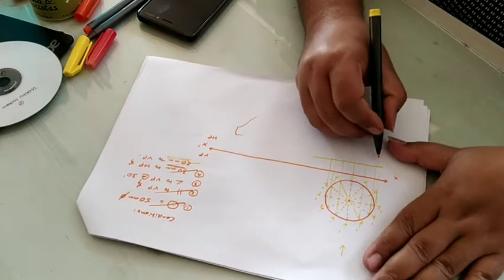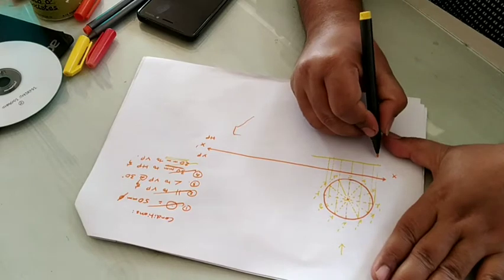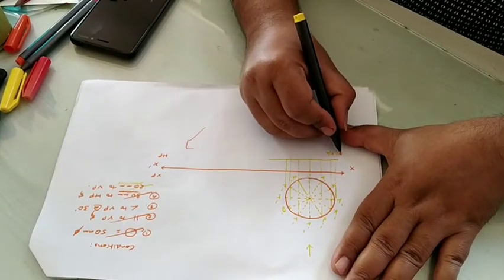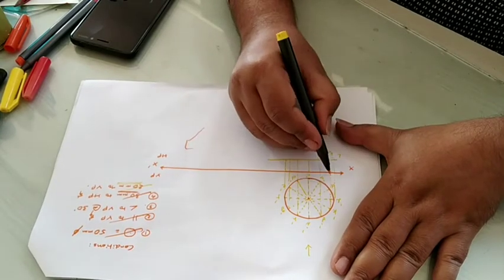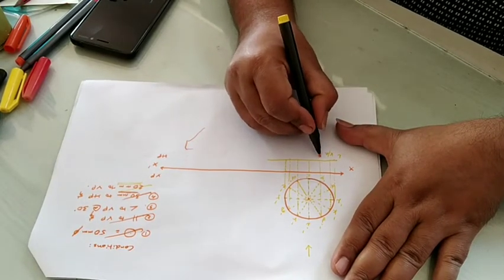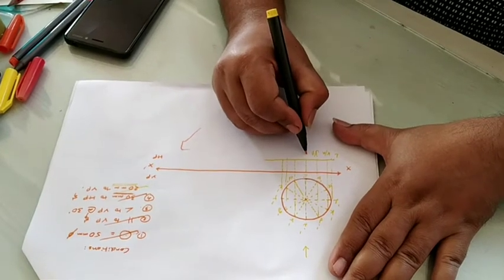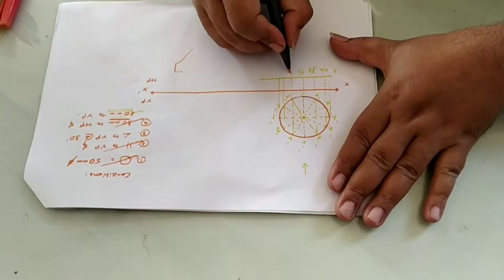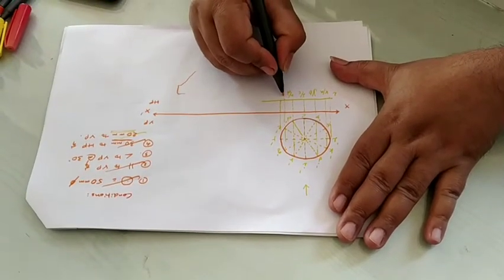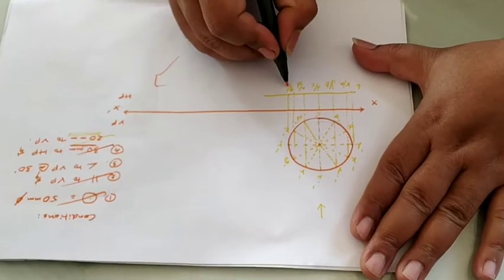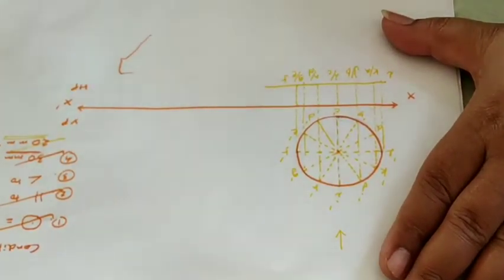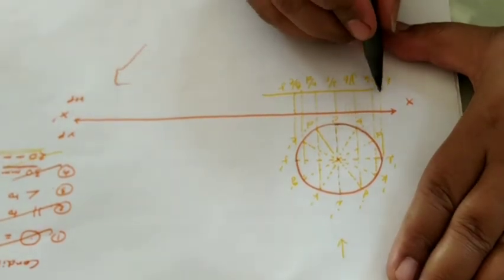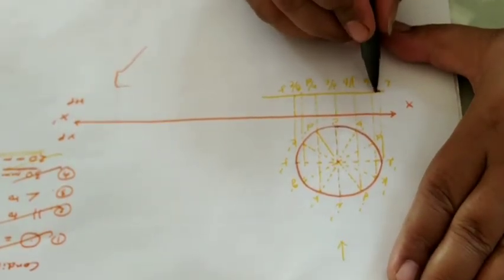This one will be K by A. This will be L, first point. This is K by A. This is J by B. This is I by C. This will be H by D. Then G by E, and last is F. So once you have drawn it, then you can draw the circle, darken it.